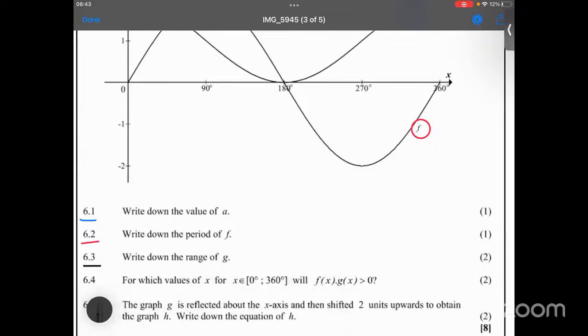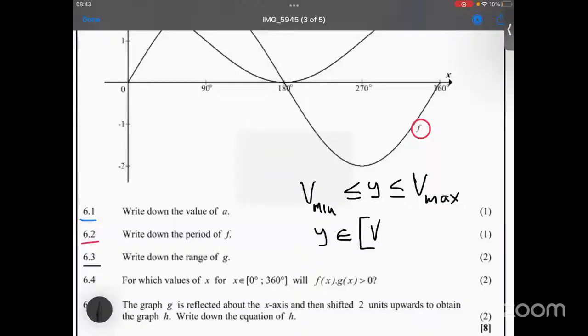6.3, they want you to write down the range of g. Remember, I said when it comes to the range, you've got two ways in which you can work it out. If you remember, I said the minimum value, then you just say between the maximum value. This is the first way in which you can write it down. If you don't want to write it down in that format, you will therefore say y is an element of, and you do this thing of the brackets. Then you will write